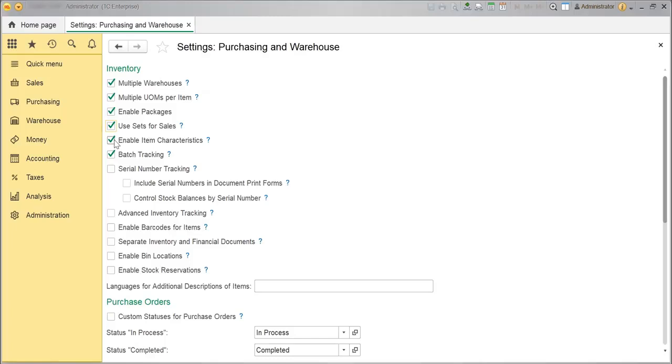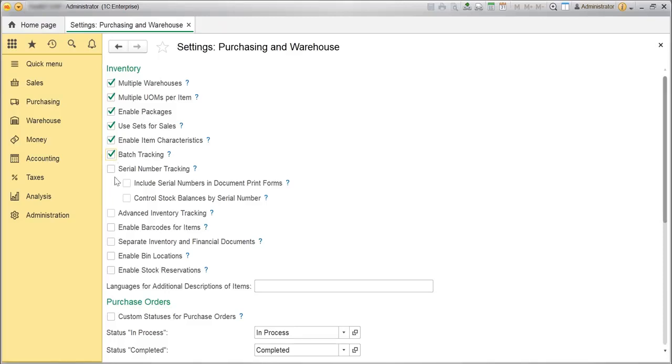Enable the Batch Tracking option to enable accounting to be done by batches for each inventory item. The system will assume that each batch of the same items will be considered in a warehouse as separate. For example, you can use accounting by expiry date for each receipt. Once enabled, the batch column is available in all document forms per line item. Accounting by batches is mandatory for items accepted on commission, processing, and safe custody.